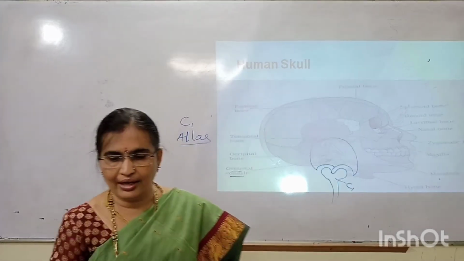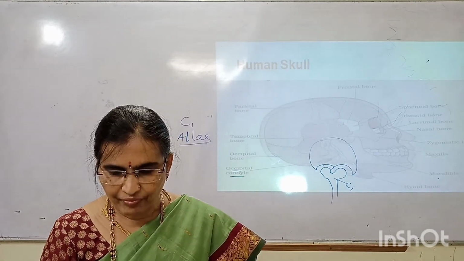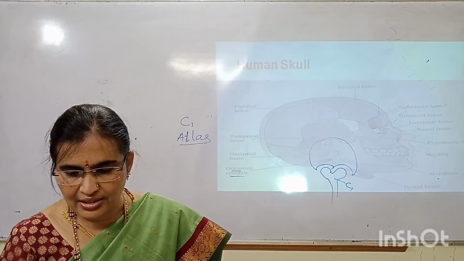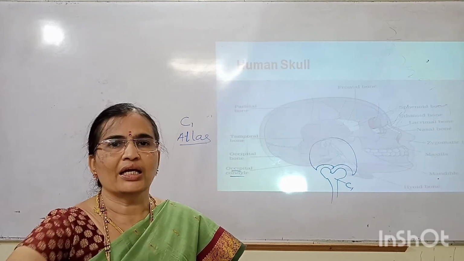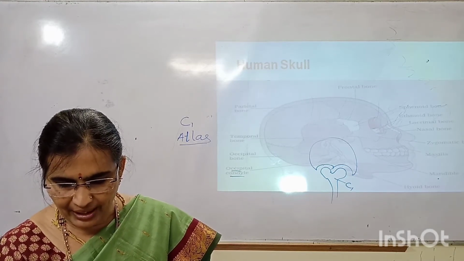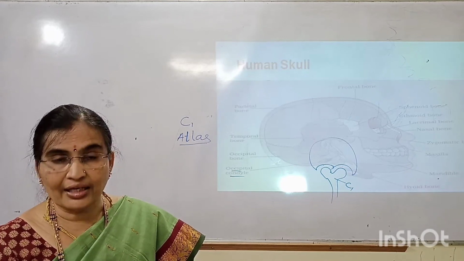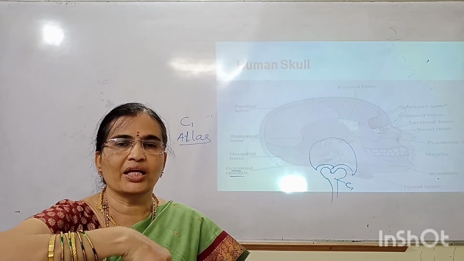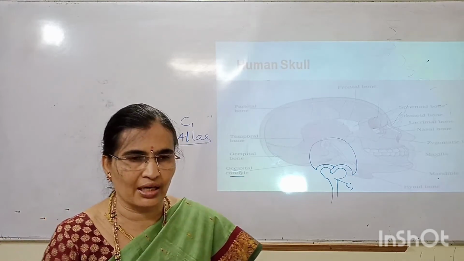Then next, regarding the vertebral column, in between the vertebrae, joints are present. The vertebrae are joined with each other, forming a column-like structure. That is cartilaginous. Cartilage is present. A cartilaginous disc is present in between the vertebrae. So here movement is provided with the help of this cartilage.